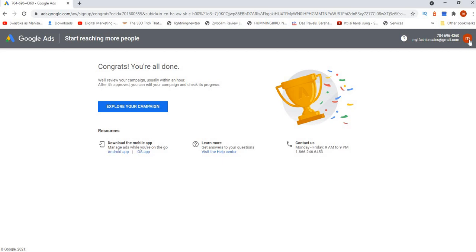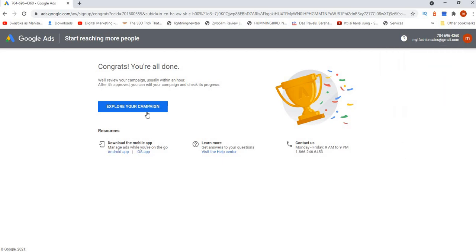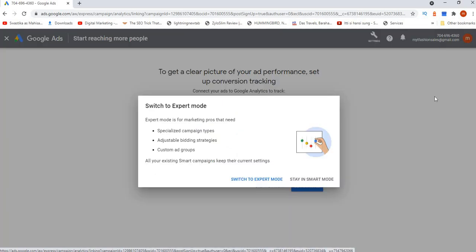Explore your campaign. So you click on explore your campaign. Here you go, the hammer sign, that is settings. Under the hammer sign you switch to expert mode.